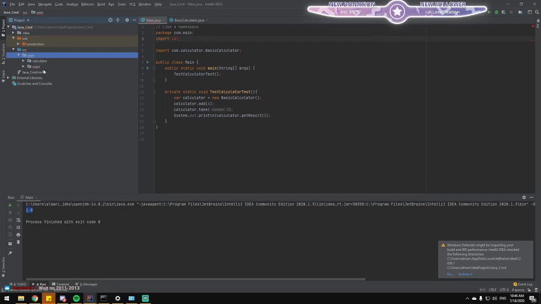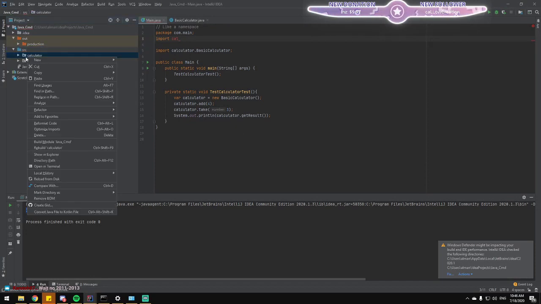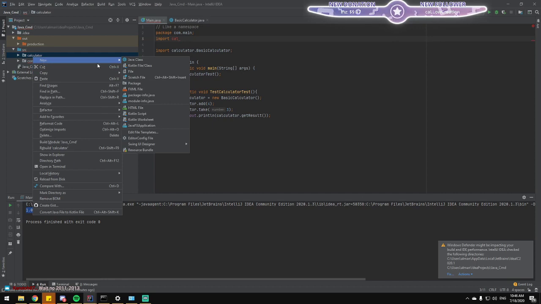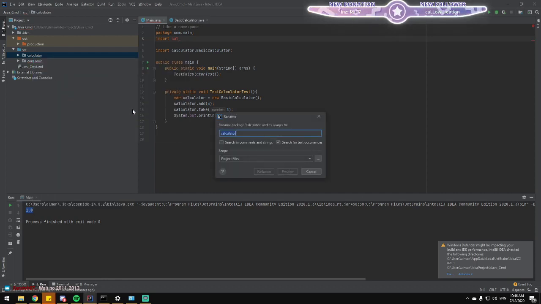I completely messed it up. com.calculator. Come on. Refactor rename. Yeah, the last time I touched Java was when I was in university in 2013.